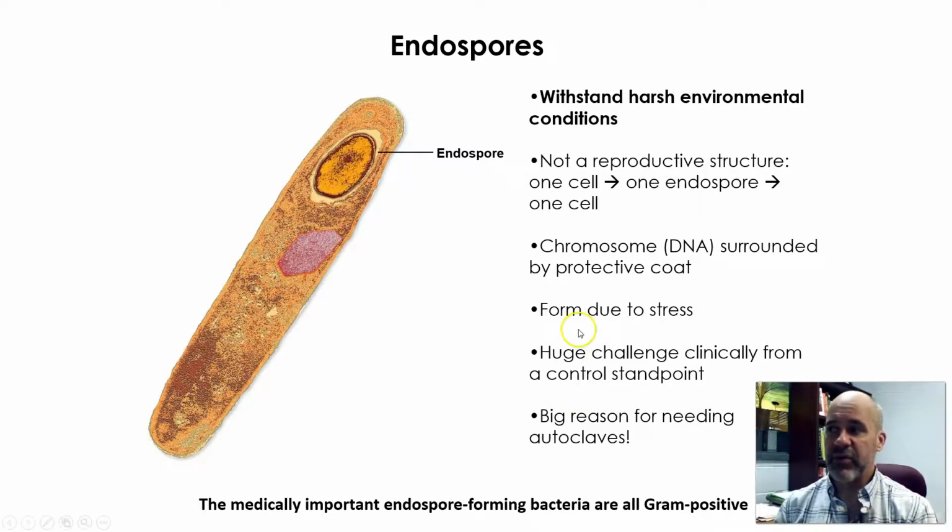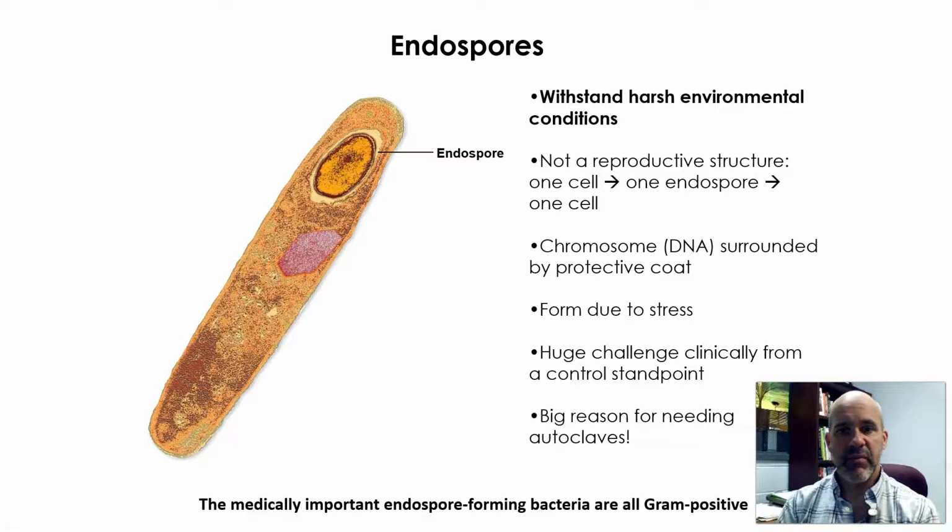So these will form due to stressful conditions. And once that forms, the rest of the cell can die. So the metabolically active portion of the cell can go away, and you're just left over with this dormant endospore with the DNA on the inside. All right, so